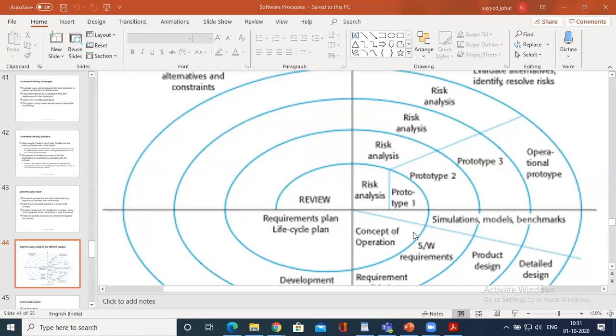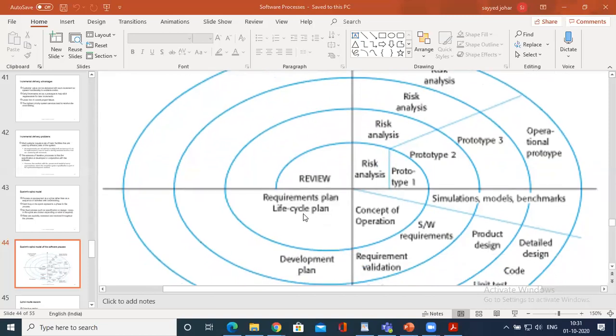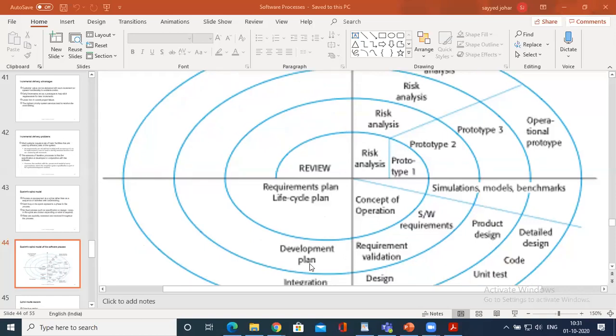Similarly, when you move out from the requirement, what is the next step? You develop prototype 2. So these are all the concurrent activities that go on, simulation models, benchmarks and all. So in general, whenever you have a requirement, after the requirement is gathered, you develop, right?